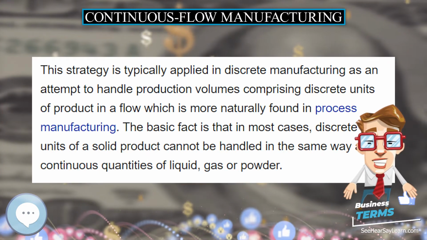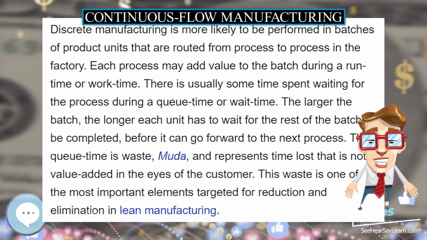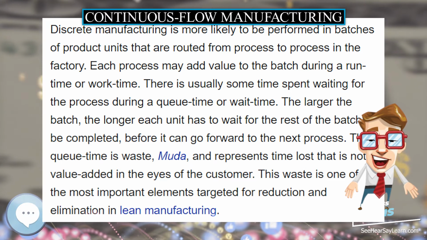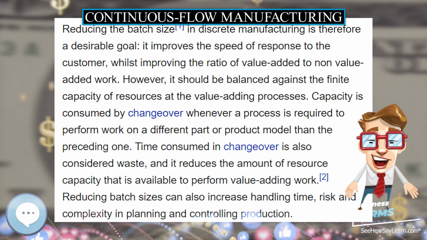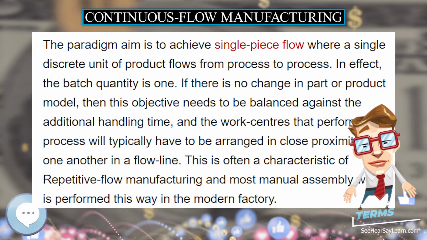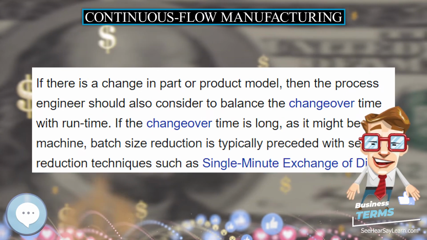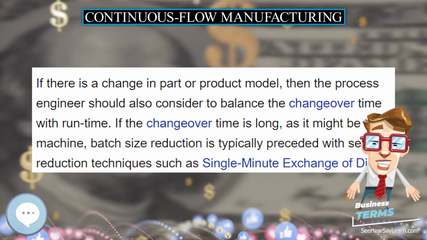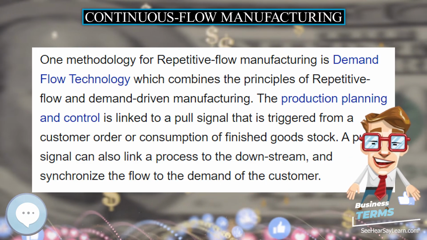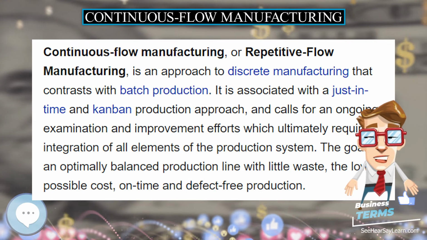The paradigm aim is to achieve single-piece flow, where a single discrete unit of product flows from process to process. In effect, the batch quantity is 1. If there is no change in part or product model, then this objective needs to be balanced against the additional handling time, and the work centers that perform the process will typically have to be arranged in close proximity to one another in a flow line. This is often a characteristic of repetitive flow manufacturing,